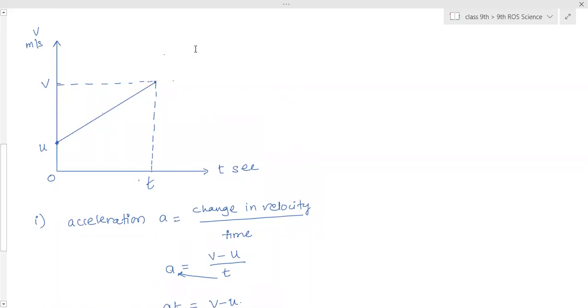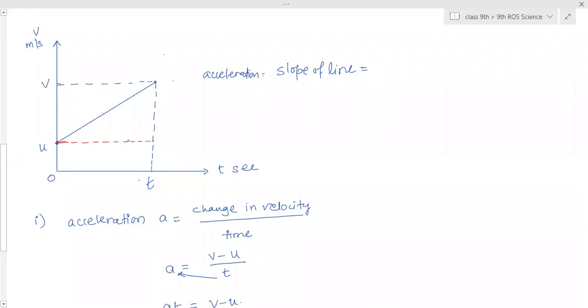The acceleration from this linear graph, if you want to calculate any value, you have to calculate the slope of a line. Acceleration is equal to slope of a line. So what is slope of a line? It is actually the ratio between the vertical distance and horizontal distance. Slope of a line means at what angle it is inclined to the x-axis. That we have to calculate. So for that we have to draw one horizontal line from the zero value, from anywhere you want to calculate the acceleration. From that horizontal line, we have to make one right triangle.